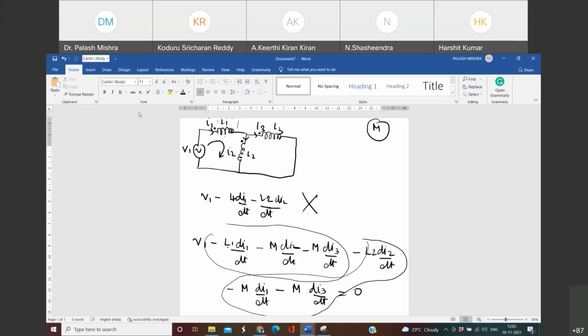Then questions may be asked that you have to perform the Laplace transform and find the current equation in such a mutually coupled circuit. I have already told you how to do the Laplace transform of the differential equation, so you can do that. Is it clear how I have written this equation? If you want, I can tell it once more. If some mutually coupled circuit is given, then definitely the dots will be given in the circuit, and then you have to write down the complete equation.